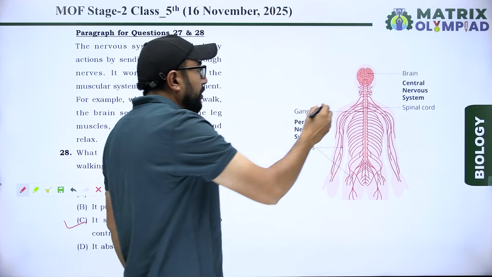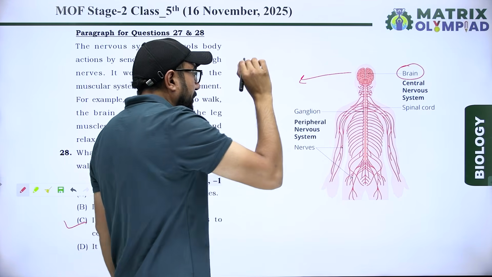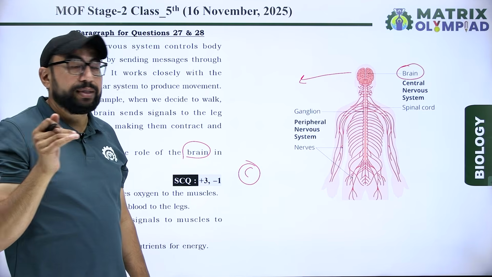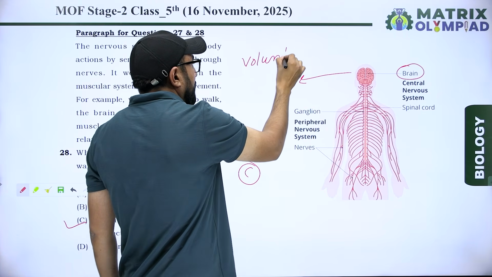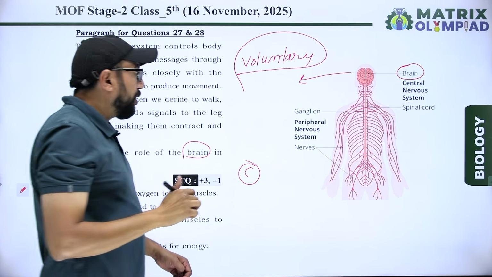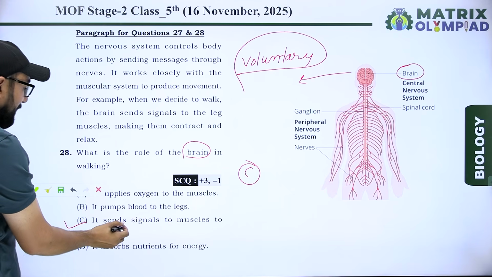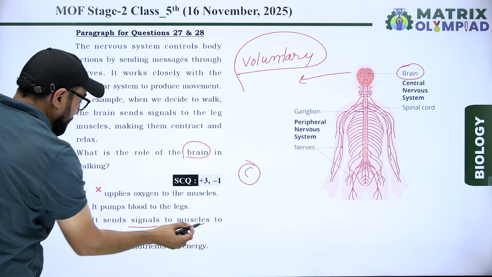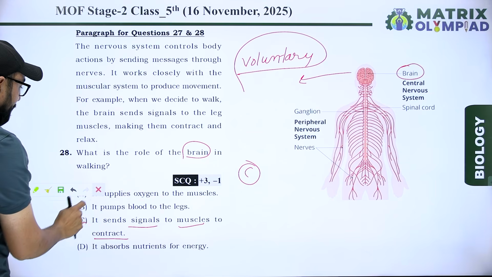So brain, the control center, makes a signal to the limbs. Voluntary and involuntary actions. When we walk, these are the voluntary actions. So it sends signal to muscle to contract for movement. Next,